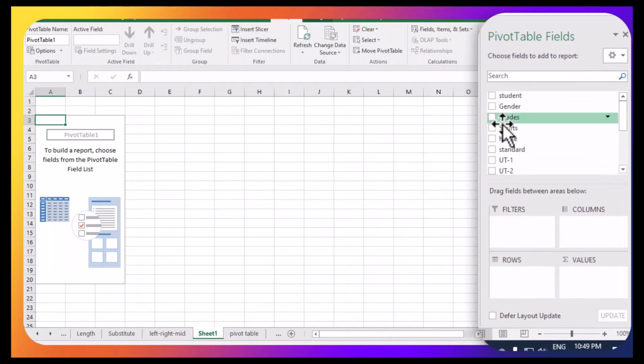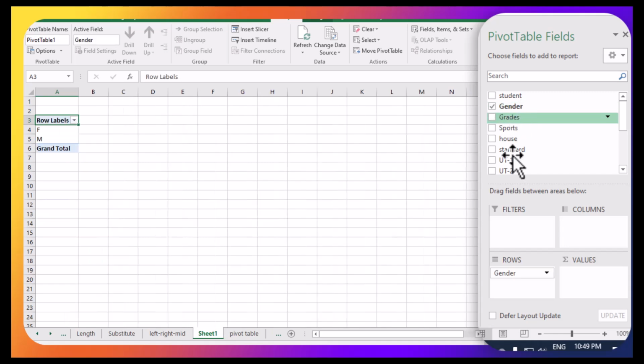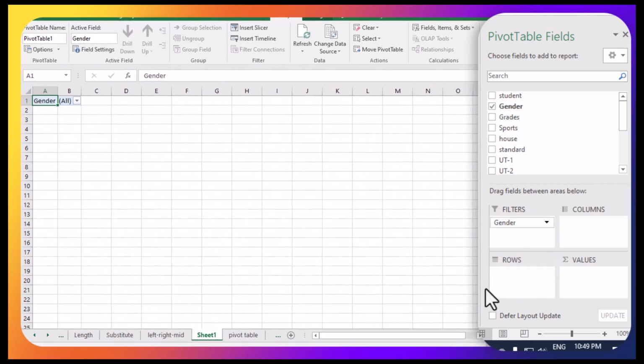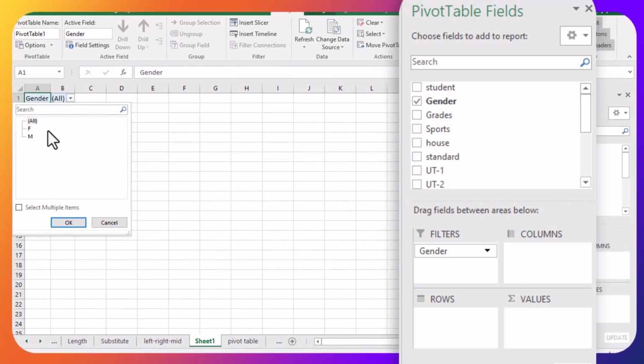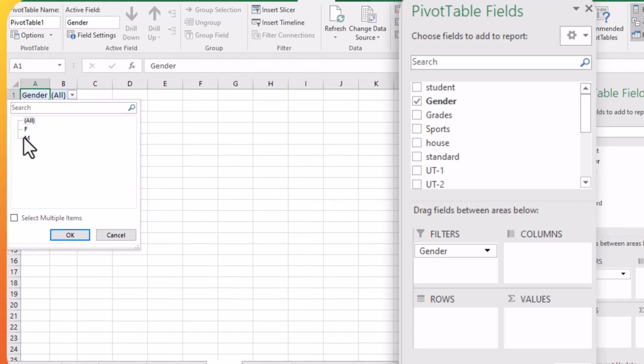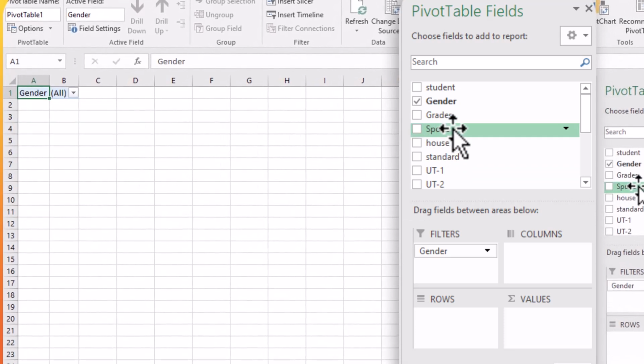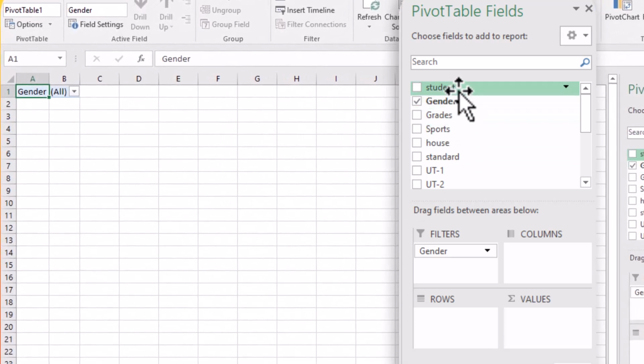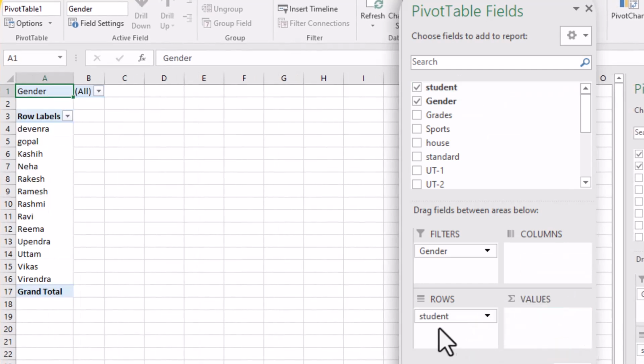So I will put this gender in filter, right, so that I can filter the students using these two categories, female and male, right? Next I will use a row of students, means I will list all the students here. Along with that I will list